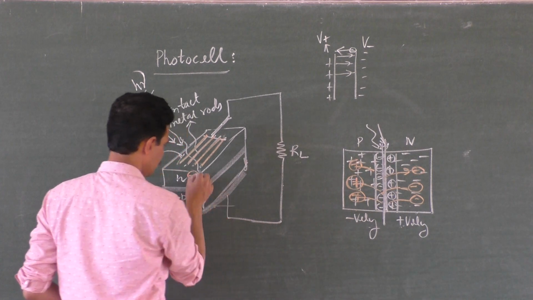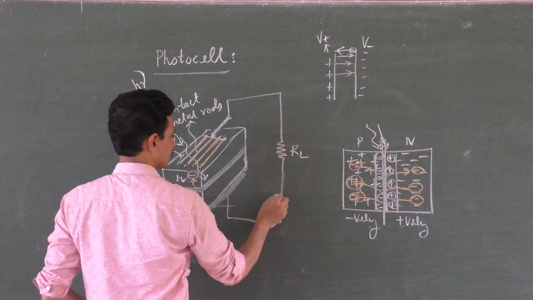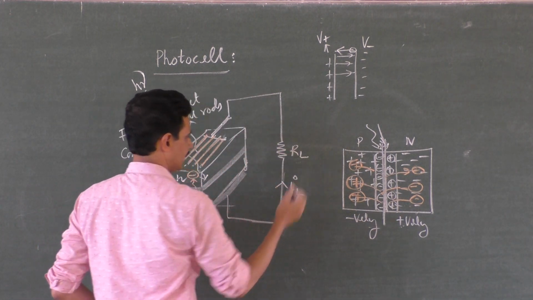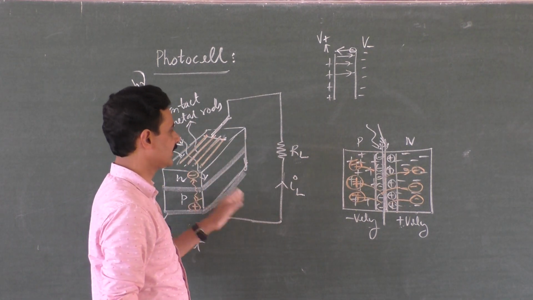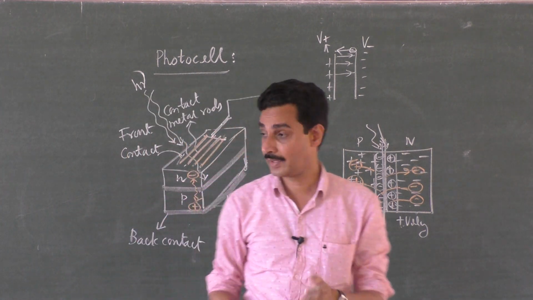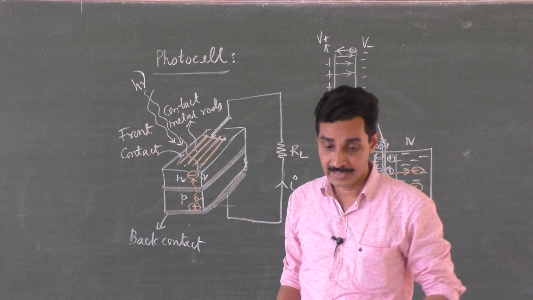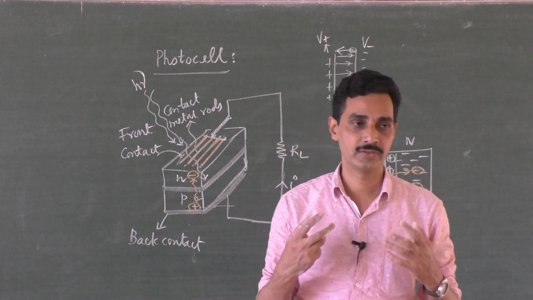So holes will move towards the p side and electrons will move like this. So this is the direction of current. I'll call it the load current. So a current starts flowing in the external load. So that arrangement, the p-n junction, itself acts like a cell, and that's why it is called a solar cell